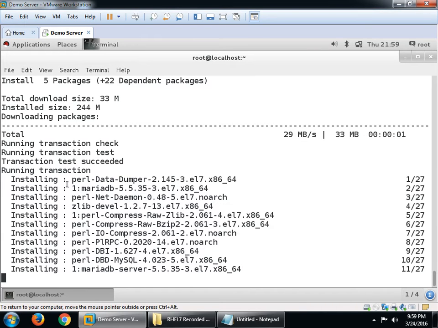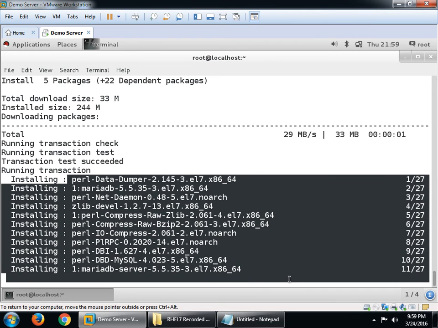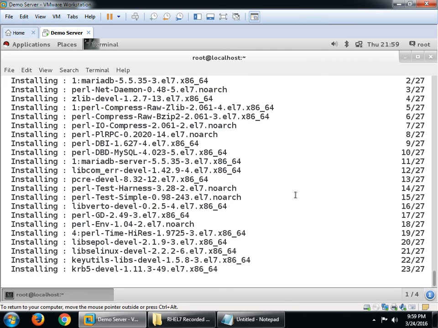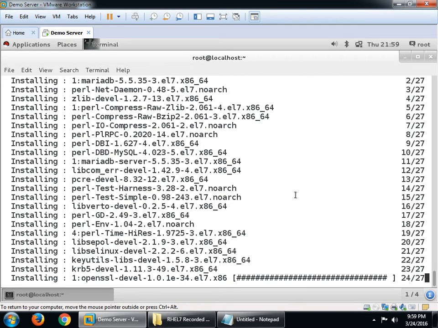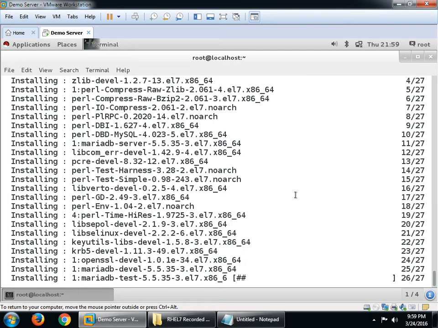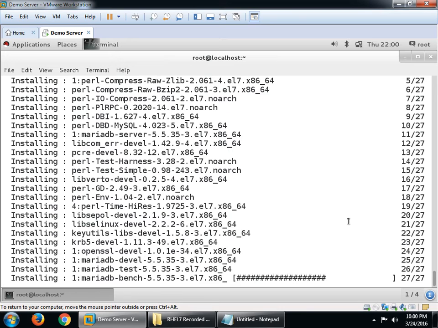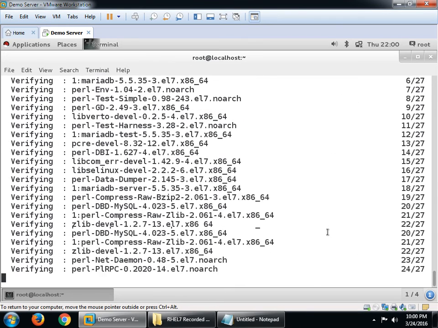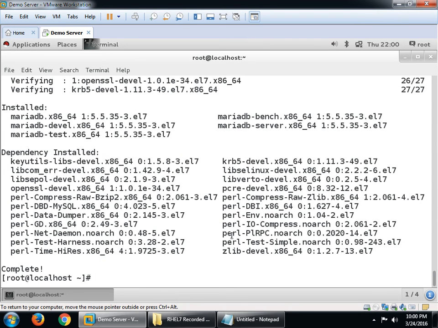See, these are the packages related to MariaDB, taking some time. Here 26 packages have been installed and the total number of packages is 27.